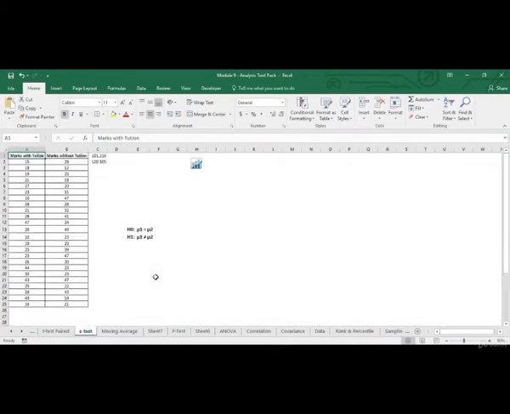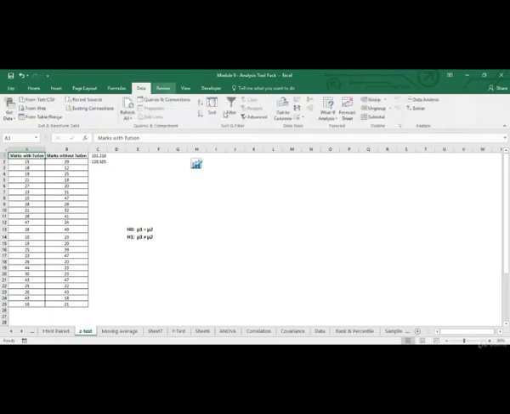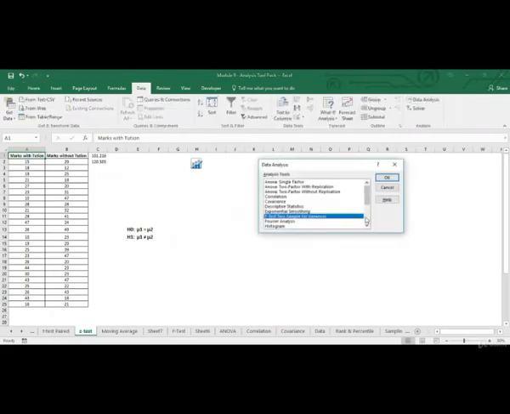Now this test is used to compare means of two sets of data to see if there's a difference. So our null hypothesis is that the means are the same, whereas our alternate hypothesis is that the means are not the same. And now we've got marks of 24 students before and after taking maths coaching classes. Now let's see if there's a difference between the mean of the two populations. So what we'll do, we'll go to data analysis, and we'll use a z-test.